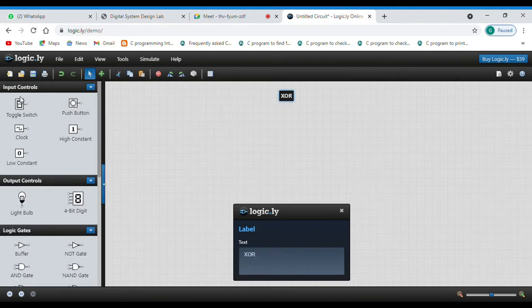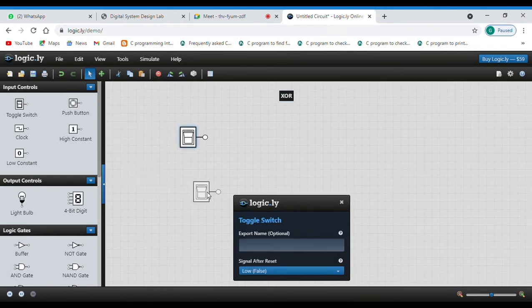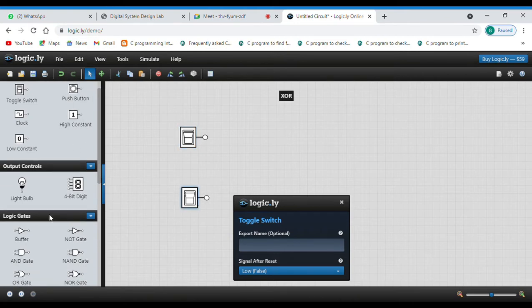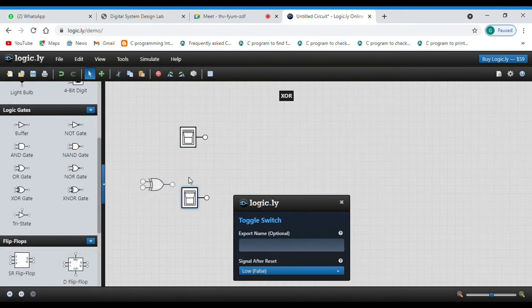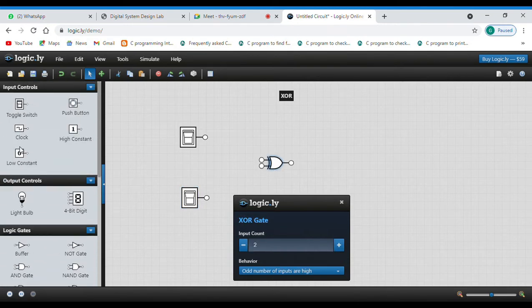We'll take 2 toggle switches. Then we'll take a XOR gate. Then we'll take a bulb.